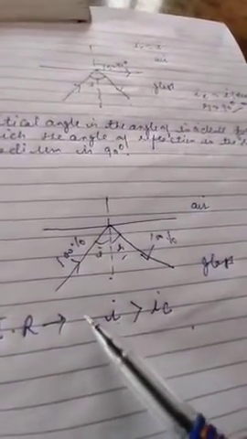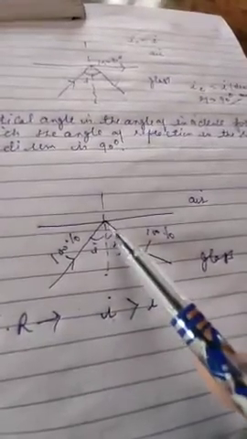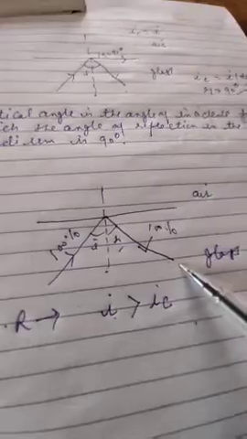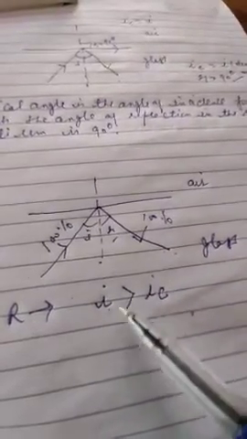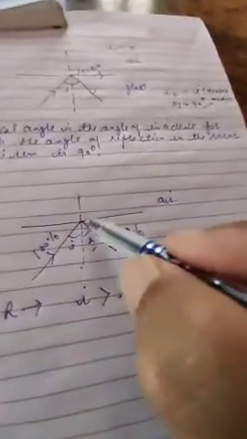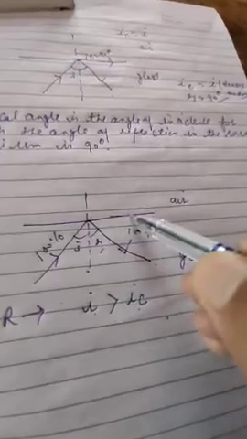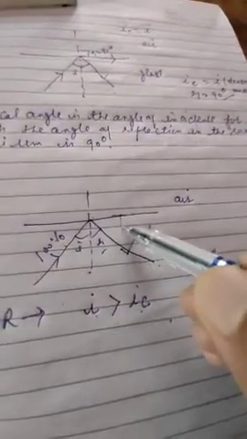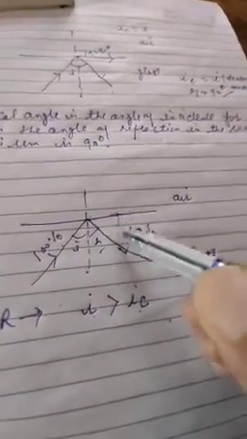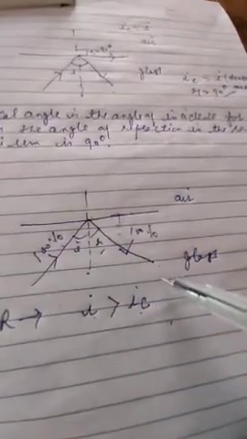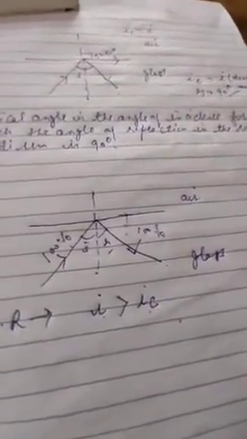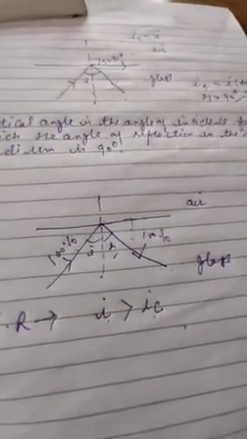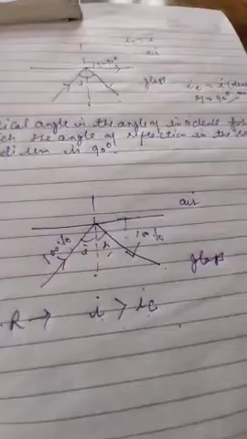Whereas when the angle of incidence is further increased, it gets totally reflected in the same medium. At that time the angle of incidence is greater than the critical angle. Like the critical angle takes place here on the boundary of separation. When you increase this angle, what will happen? It will again bend in the downward direction, so total internal reflection will take place. So these two topics are very important: critical angle and total internal reflection.